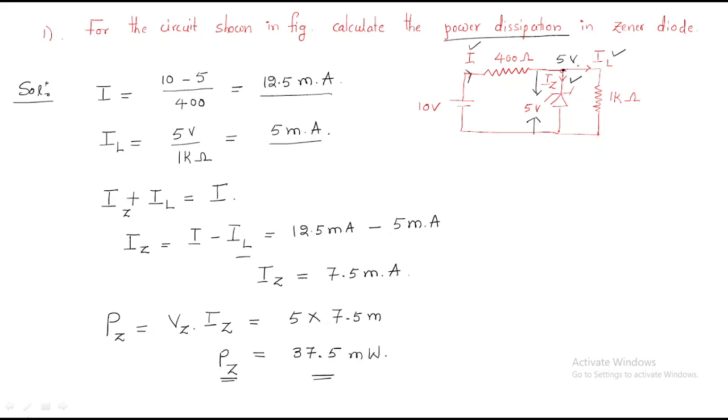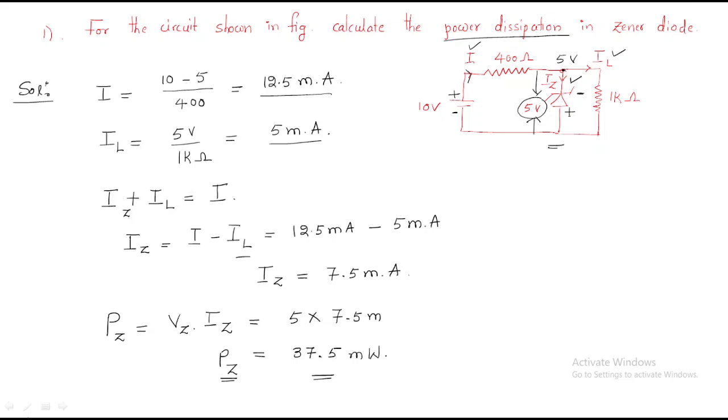Okay, simple problem. Whenever a GNR is there, first keep in mind, in order to fix the voltage for the GNR diode, first look at the biasing. This positive supply is connected to the negative of the GNR. This negative supply is connected to the positive of the GNR. Then it is reverse bias. In the reverse biased case, the GNR diode acts as a fixed voltage regulator. That's why it is a fixed voltage.